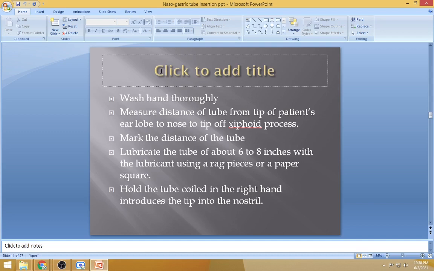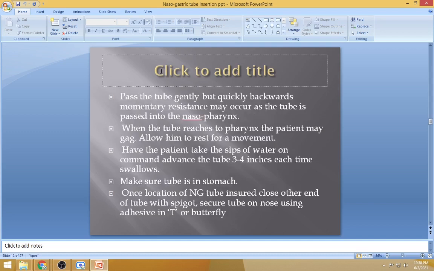So wash your hands means before that your articles have to be ready. You have to assess the patient first. Then articles have to be ready beside the bedside. Stand on the right side of the patient. Wash your hands thoroughly and do the procedure as it is written. Okay. Then after that,